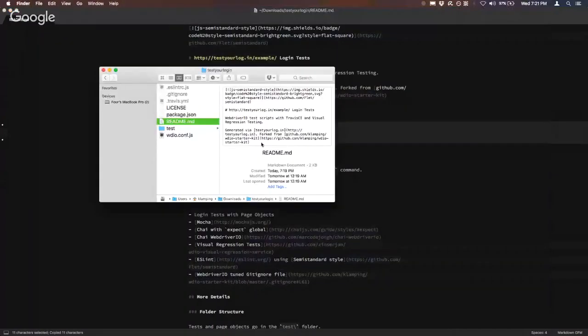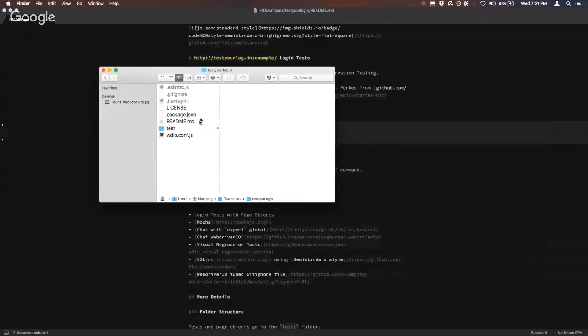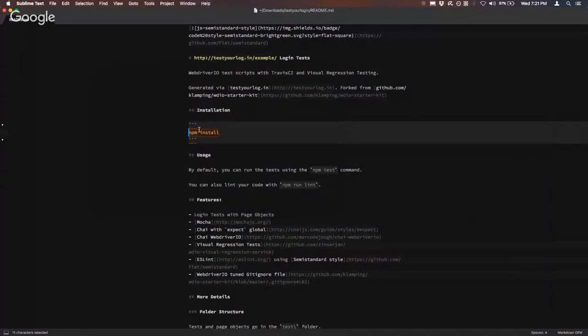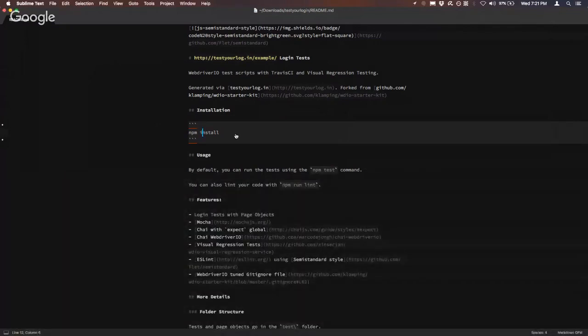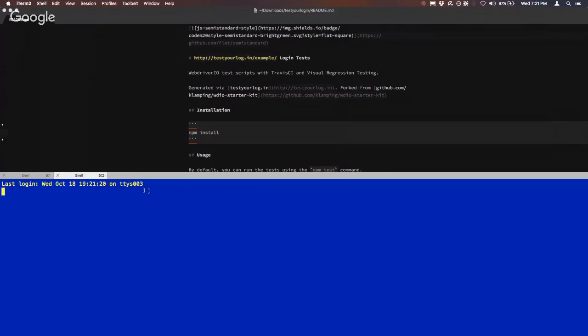So if I go back to this folder, the next thing I need to do is install all my dependencies. So I'm going to, there we go. Oops. Profile presenting. There we go. Nice pretty shell. Go to my downloads folder, into the test your login folder that it created. Clear that off the screen, and then I'm just going to run that npm install, and I'll make this text